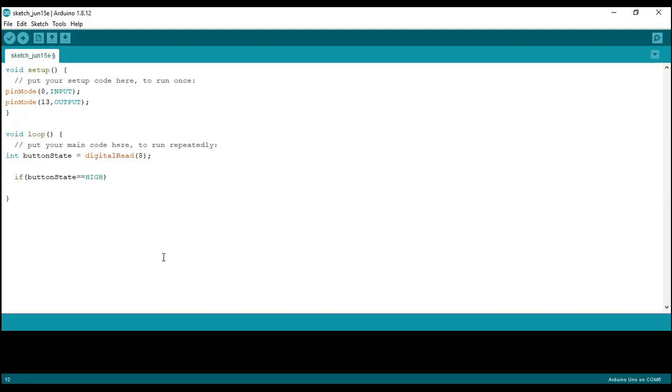This statement will compare the variable value with the predefined value. If it is matched, then it will perform the condition mentioned in the braces. So open curly braces, type digitalWrite(13, HIGH);